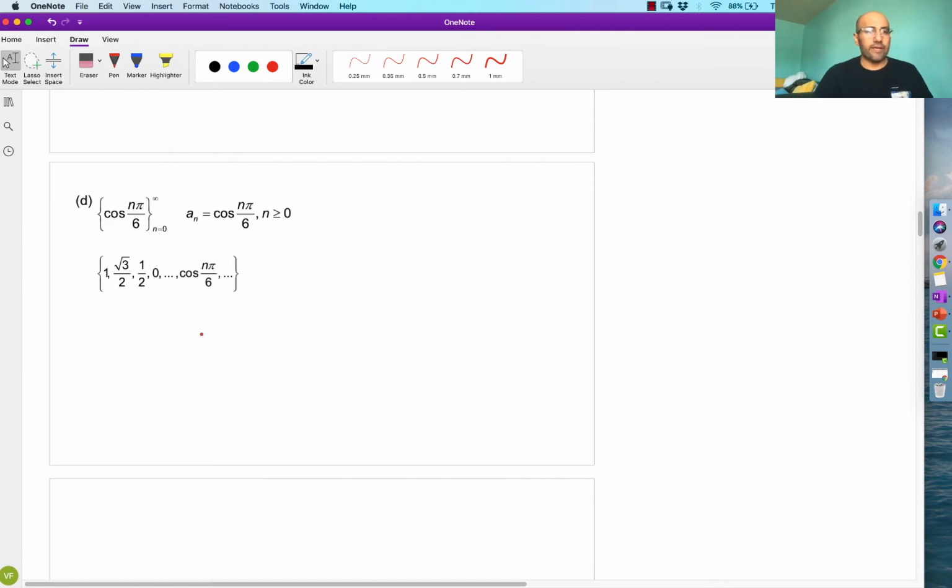Last example. Okay, now in this case, n starts at 0. Not necessarily 1, it could start at 0. Then it goes out to infinity. That's one way to express it. Here's another way to express the exact same thing. This is the most common, popular way of doing it. And then, of course, the next one.